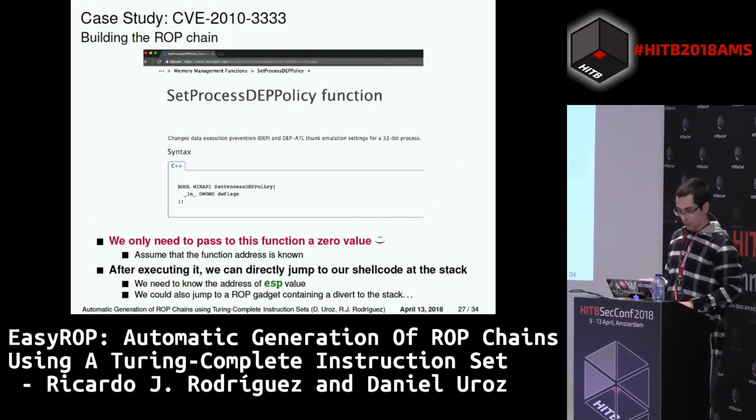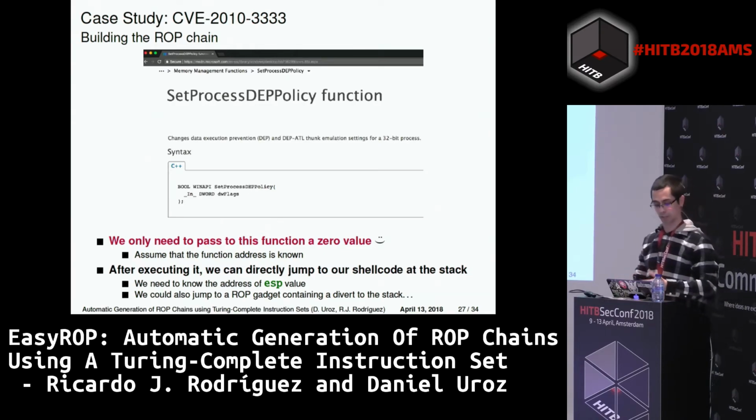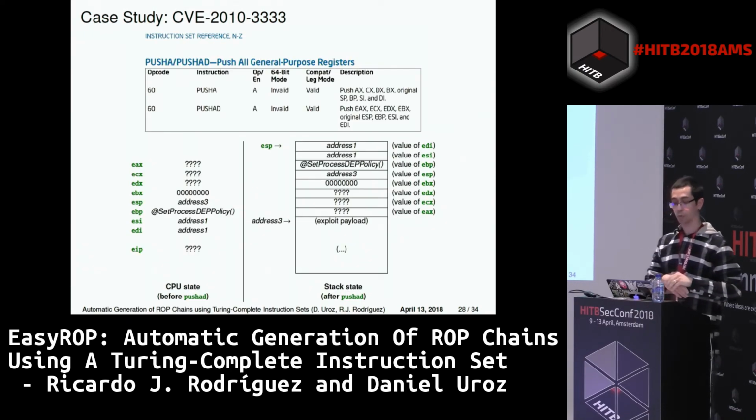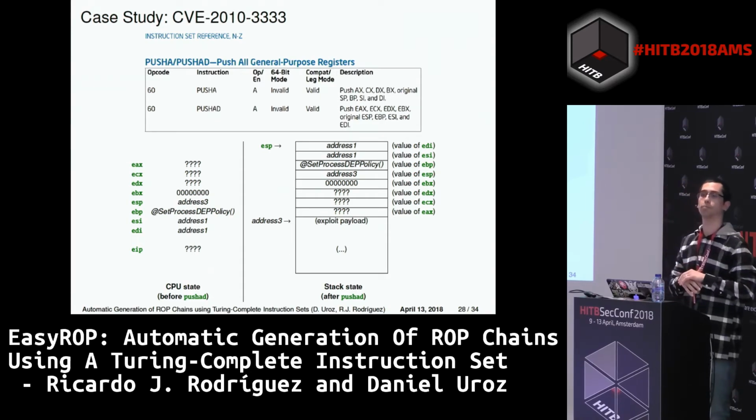Consider that we know the function address, because there is some other memory leak in the program, or we have some other kind of stuff running on the victim, and then we can know this. So what we are going to do is build a shellcode in order to prepare the registers and call this function in order to disable the protection. So I'm going to do it using the pushad instruction, which is an instruction from the Intel